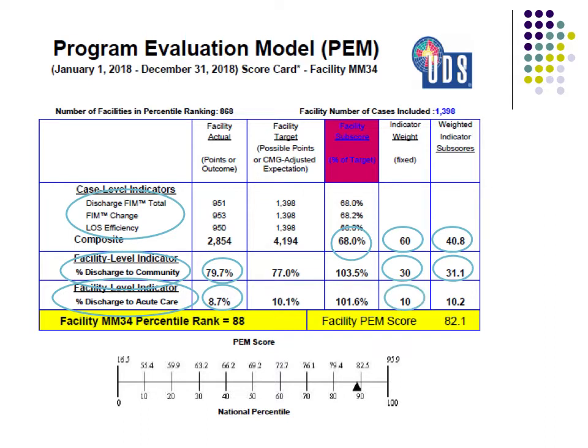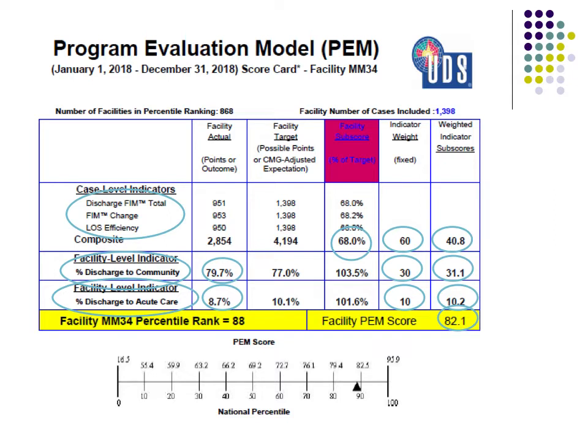And although we still gained more than 10 points in this section because, according to the patients we brought in, Medicare anticipated that we were going to have about a 10.1% discharge to acute care. So we ended up with 10.2 points in that area. And our overall PEM score ended up being 82.1, which placed us in the 88th percentile, so it's the top